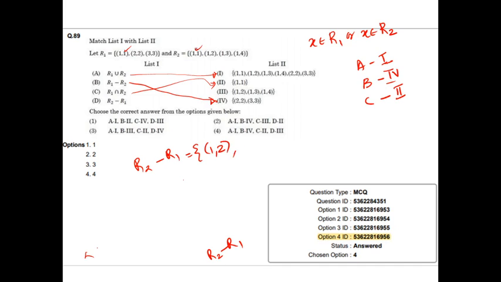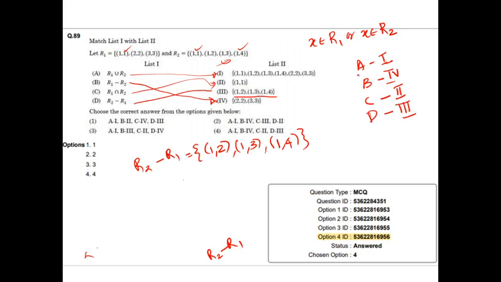What about (1,3)? It is present in R2, not in R1, so we can include that. Next, what about (1,4)? It is present in R2 but not in R1, so we can easily include that one. Is there any option like that? We can find the third one: (1,2), (1,3), (1,4). So we select the third choice as D. Using this, these are the answers we have got.